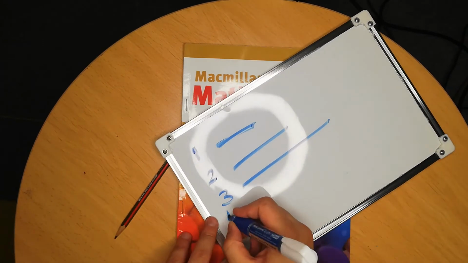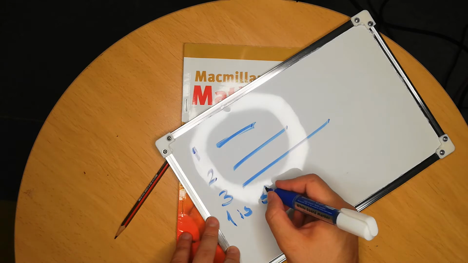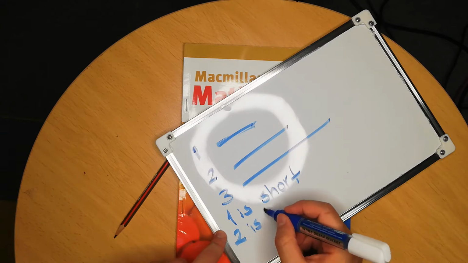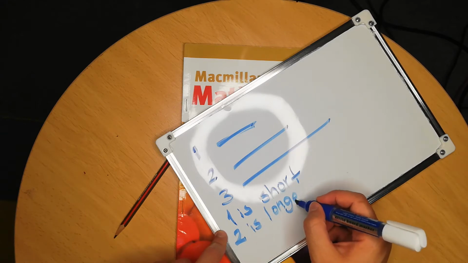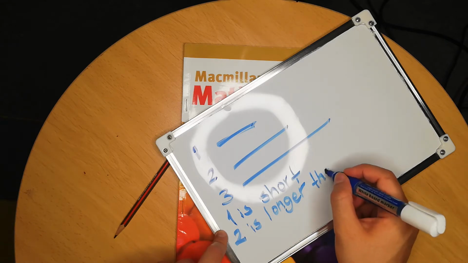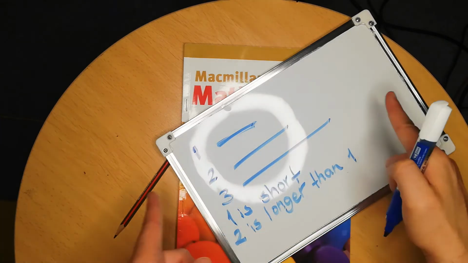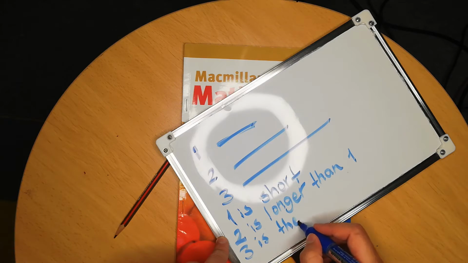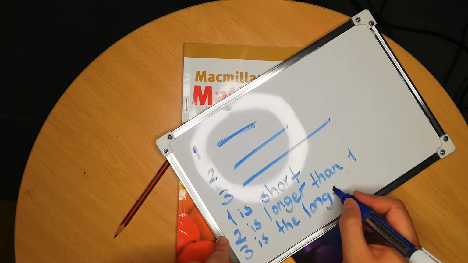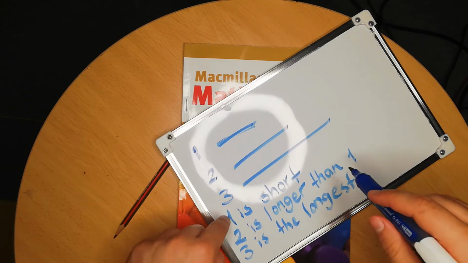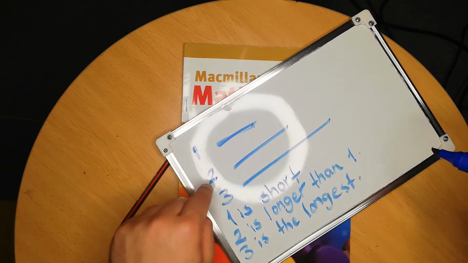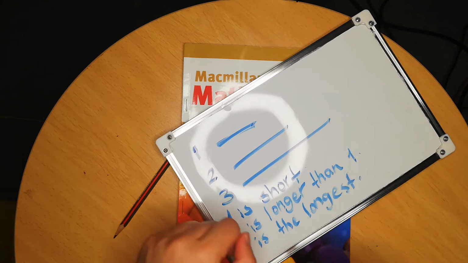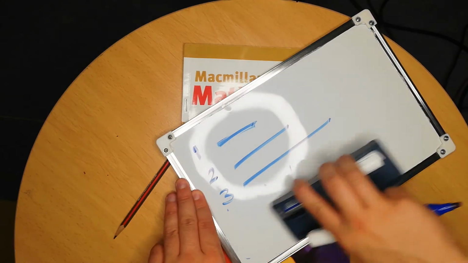Okay, so here, 1 is short. 2 is longer than 1. 3 is the longest. Okay, if we go to the opposite way,